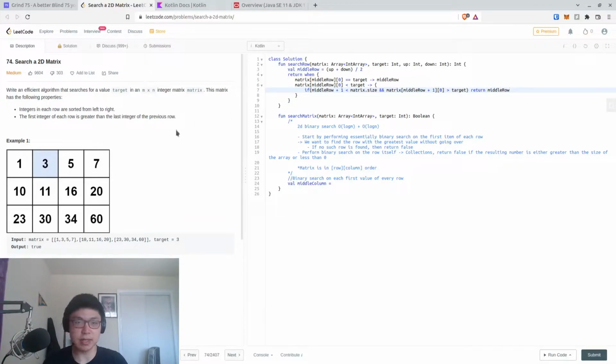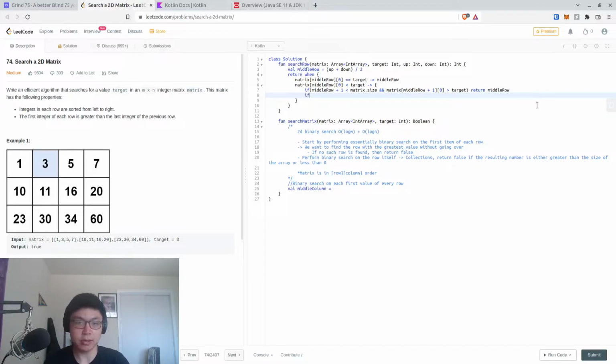So this is the idea that if our value is less than the target, but the next row starts with a value that is greater than our target, then we will search this row. Otherwise, if middle row plus 1 is greater than or equal to matrix dot size,